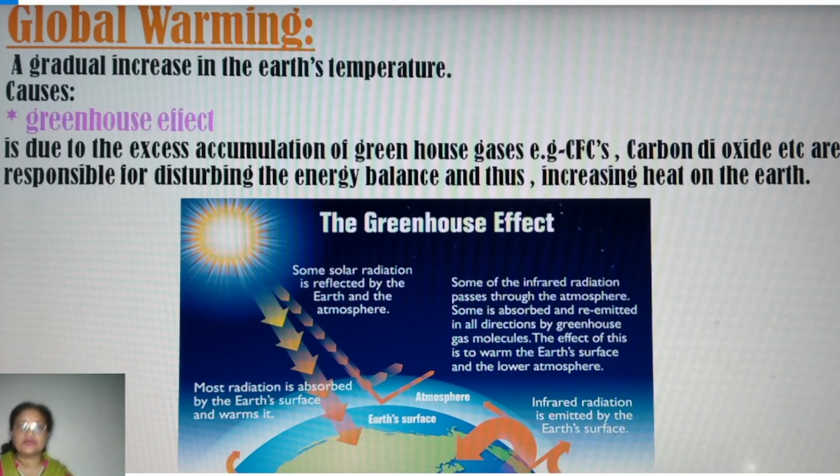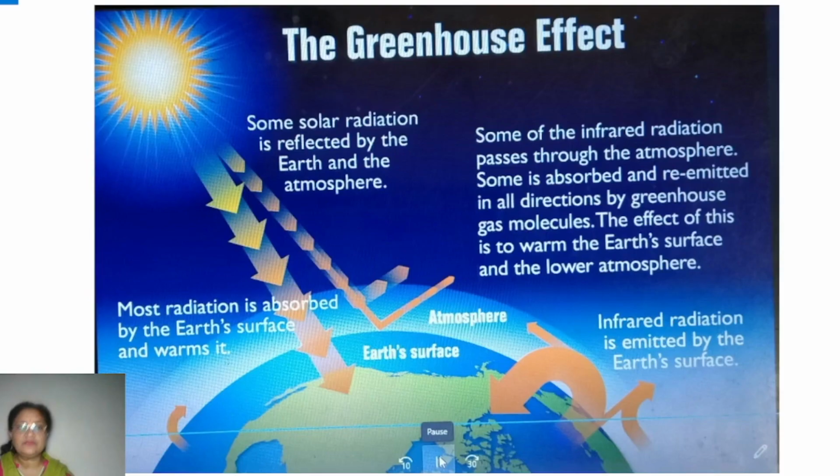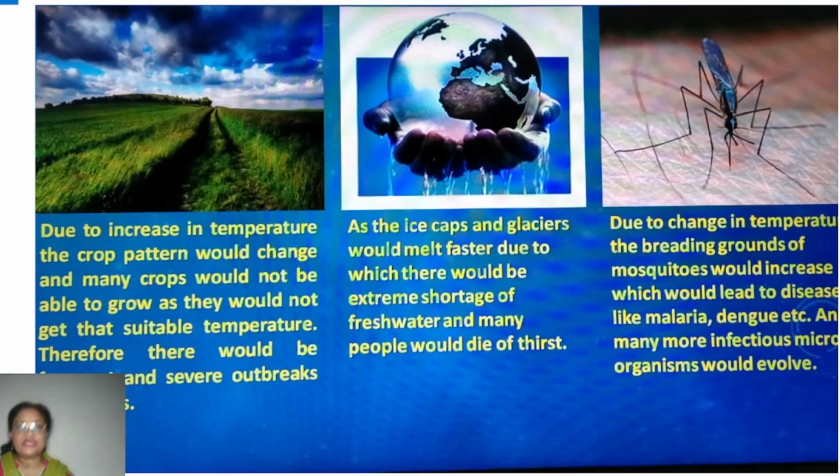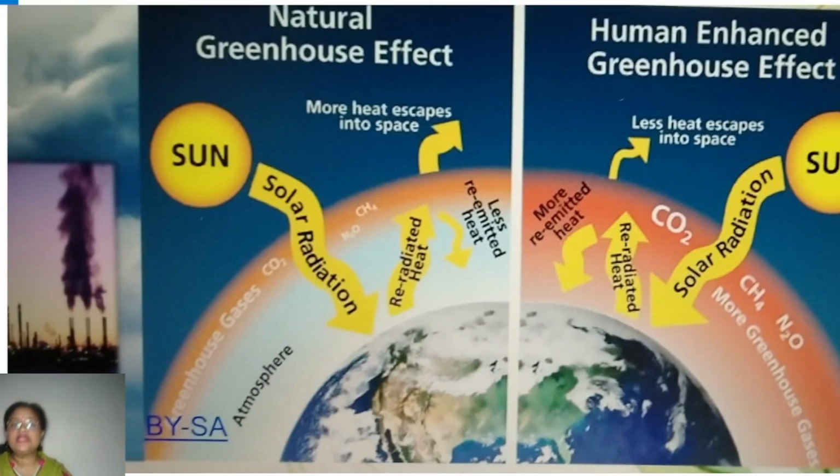One more thing I must tell you, children. Greenhouse gases are present naturally as well as released artificially into the atmosphere. These greenhouse gases are present in the atmosphere in a natural way also, right? Carbon dioxide is a part of it, and several other gases are also a part of the atmosphere, but these are present in limited quantity. So it's not something we have to be more concerned about.